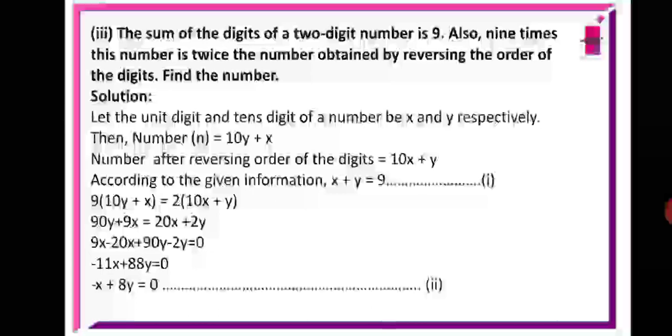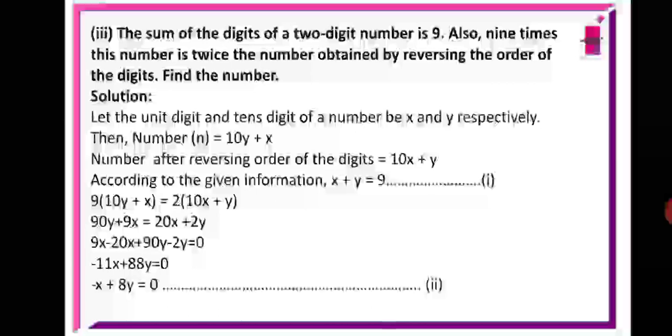So when you take the tens digit as y, the number will be 10y plus x. Because the expanded form of 22, digit-wise, is 20 plus 2, similarly 2 into 10 plus 2. Or for example 32 is 3 into 10 plus 2. Similarly, now it is yx. If you write the number as yx, it is 10y plus x.